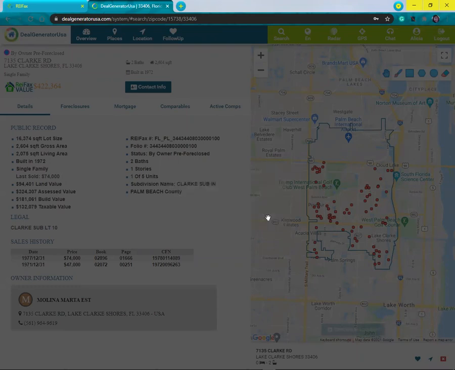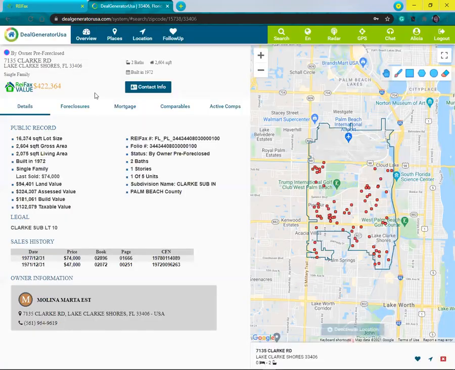Sorry for that. Well, that's the idea. Clicking on that little button will show you the contact information available for properties. Unfortunately for these two, there was no contact information. Another thing that you can do with the properties here in Deal Generator is send them to a follow-up or a